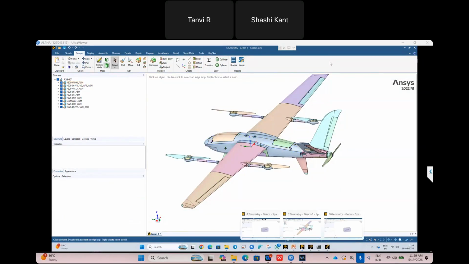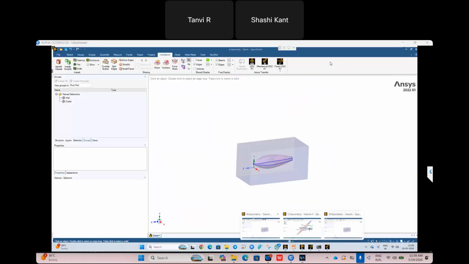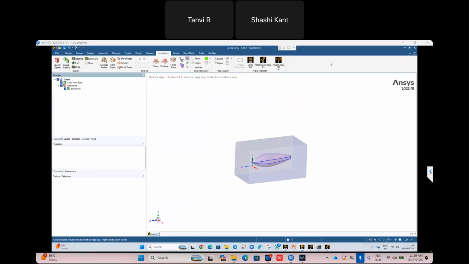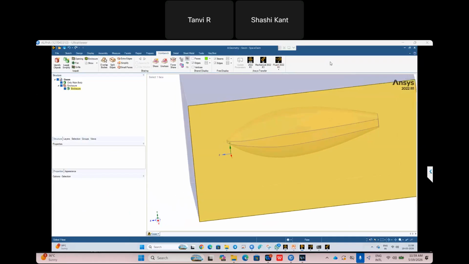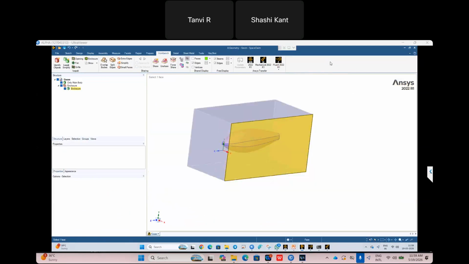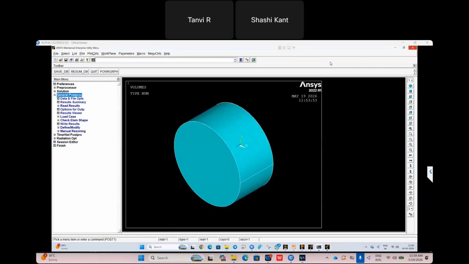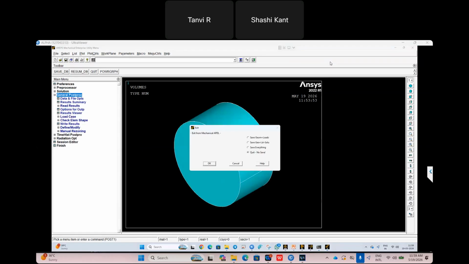Next, I have one more reference for you. Let's do some simulation to understand the methodology also. So what I did here is simply I imported a main body. You can see the main body here for the eVTOL, and I created an enclosure surrounding the eVTOL as air, and I defined the flow direction, the flying direction of the eVTOL, here. Then we can do this very efficiently.